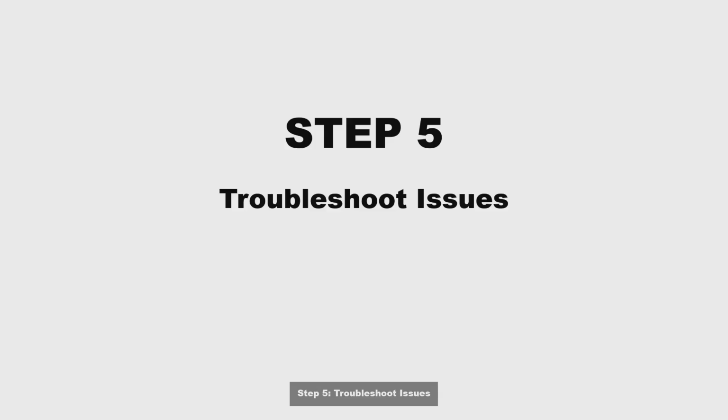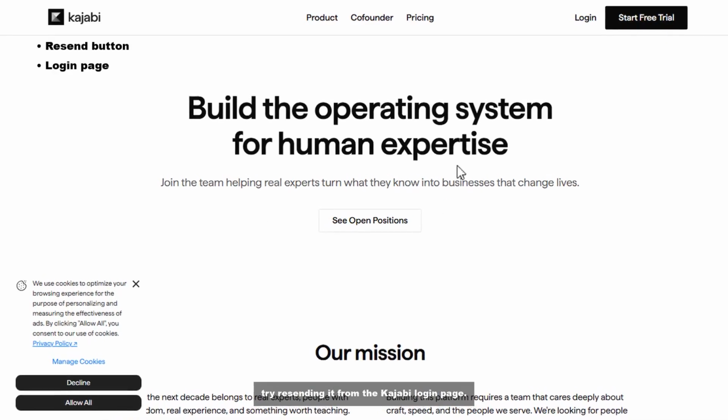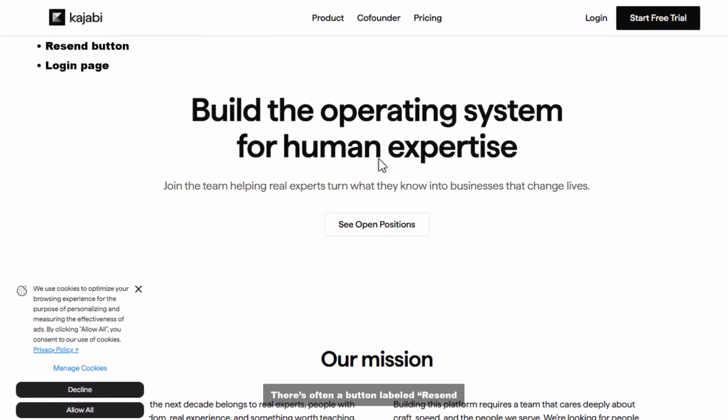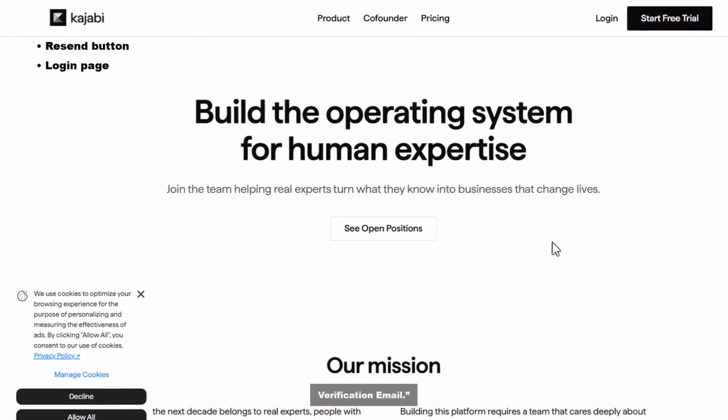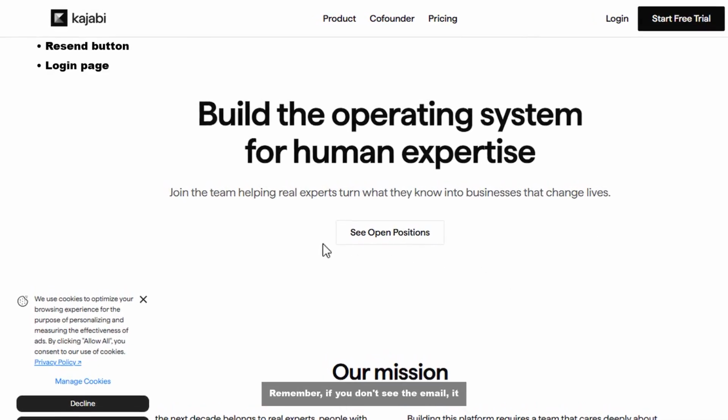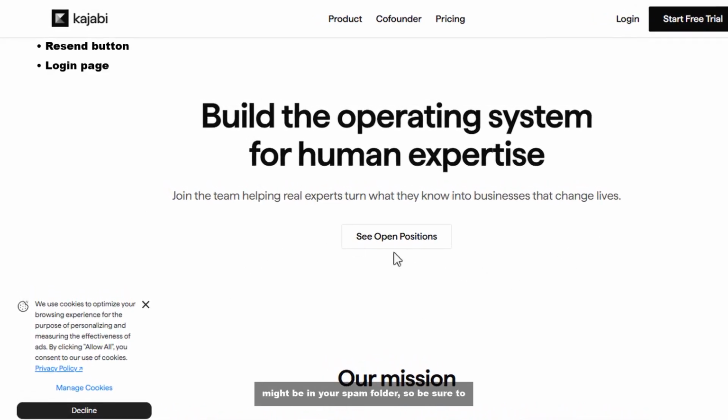Step 5. Troubleshoot issues. If you didn't receive the verification email, try resending it from the Kajabi login page. There is often a button labeled Resend Verification Email. Remember, if you don't see the email, it might be in your spam folder, so be sure to check there